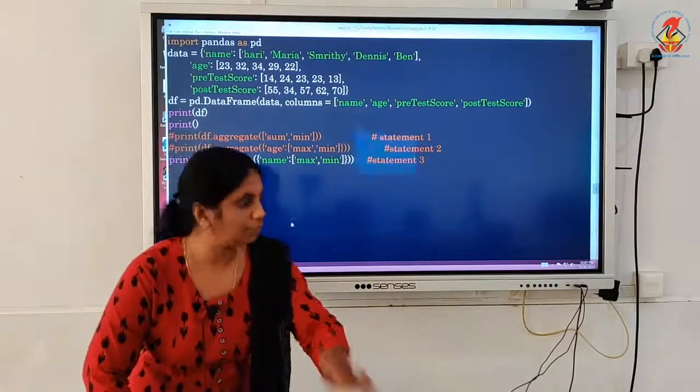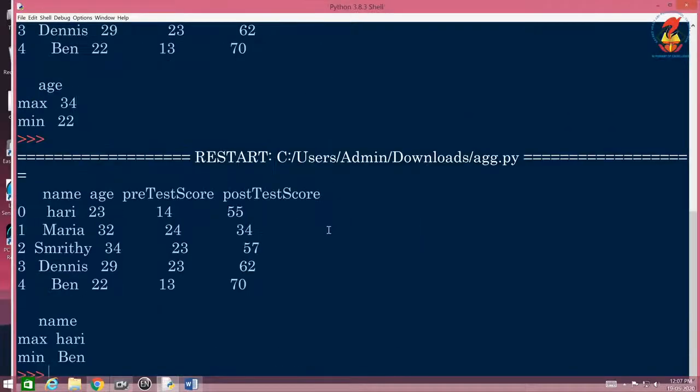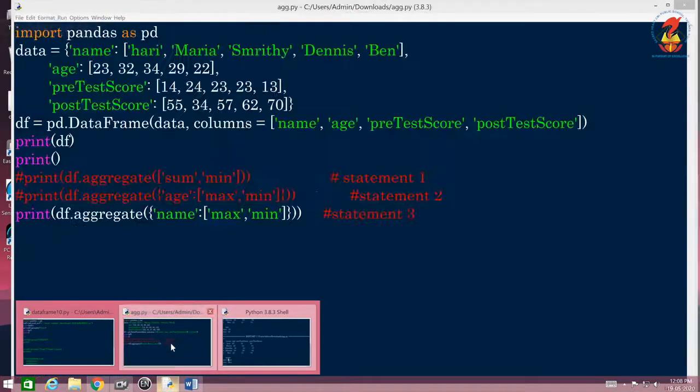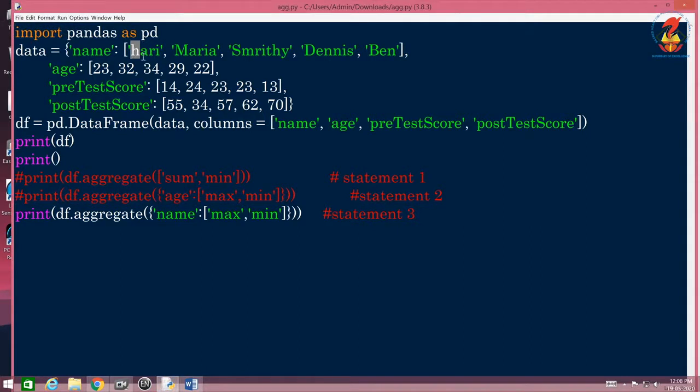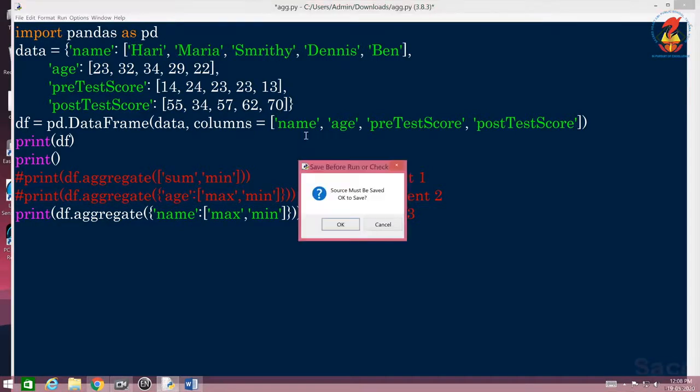So, let us run the program and the output will be, yeah, see the highest value, as you can guess, it is Hari, because you know that one's ASCII is highest. H being the smallest one in the alphabet, its ASCII value is highest here. And you have your Maria, S, Smriti and all, but that's in capital. Let's change and see, you will understand that. And Ben being the minimum, you already know. So, I am going to change that and let us make our Hari capital. And now I am going back, the rest is all the same, and running the program.